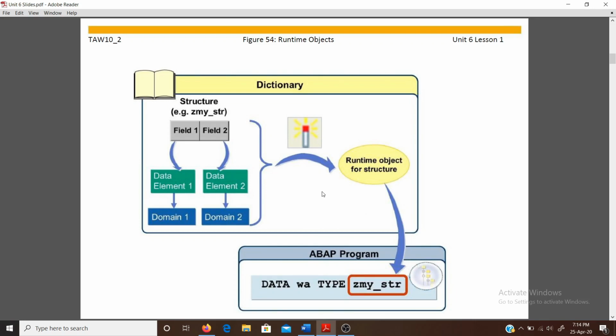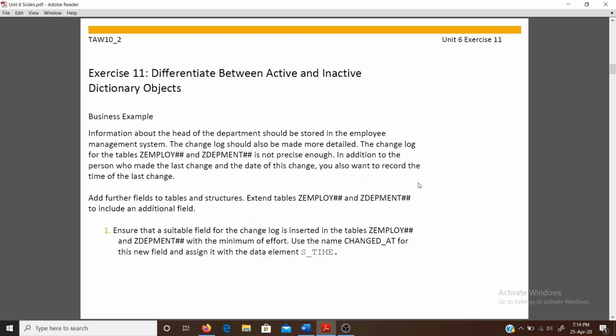So these three kinds of information the runtime object always holds. This was all about runtime objects, and all about lesson number 1 of unit number 6.